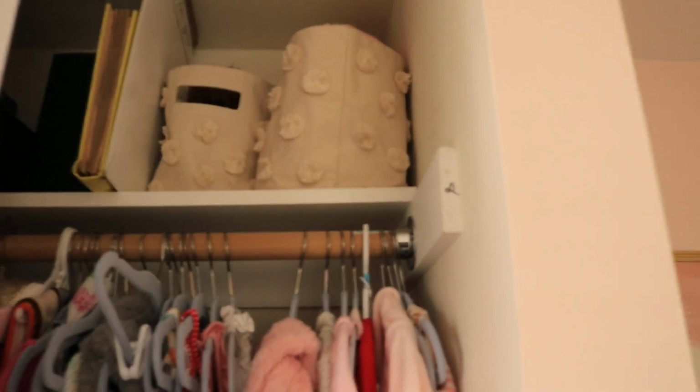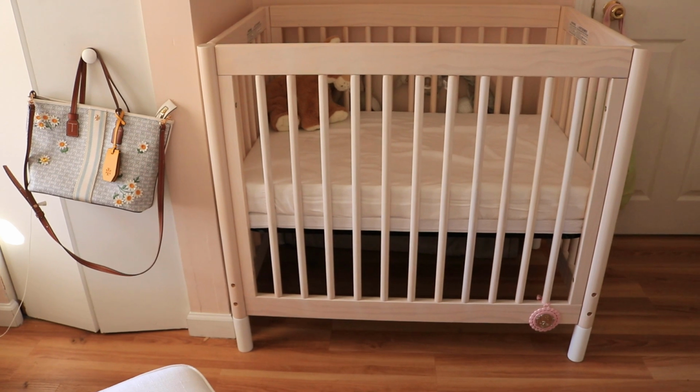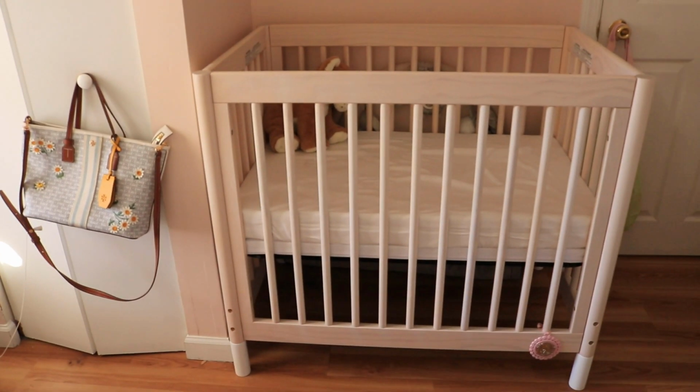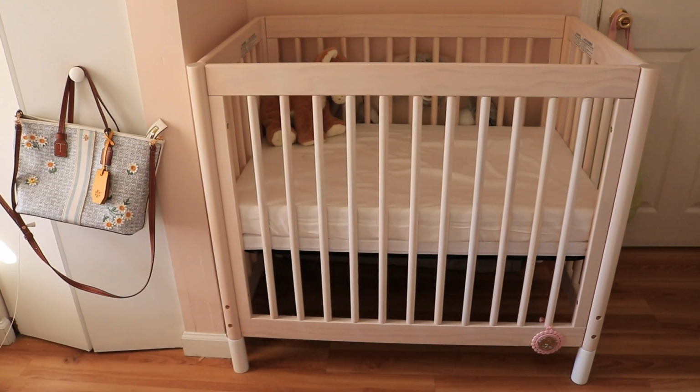Okay, so this is her closet. Some of it is a little bit messy, obviously. This is her mini crib. It will actually go in our room when we are done using her bassinet. We just have a few pictures over it for right now because my desk is actually going to come back and go in this spot. The crib will come in our room. We'll get rid of the bassinet and she'll stay in our room with us